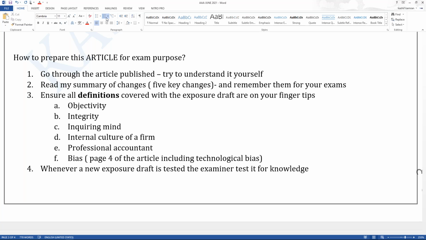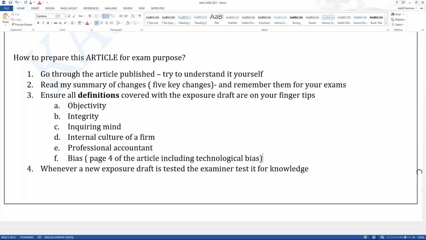He might ask this in question number 1, 2, or 3. So is that clear to everyone? Will the day 1 and day 2 help you go through this article? So as a tutor, have I encouraged all of you to read this article? Have I given you the direction? Have I given you the right direction to follow?